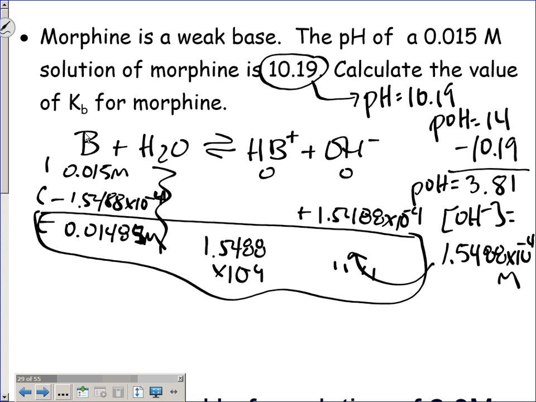Okay, so when you were given your pH for this instance, it wasn't really all that helpful because we needed the hydroxide concentration. So immediately go from pH to pOH and then solve for hydroxide. Once it says that is the pH at equilibrium, that may have been the only point where you're like, all right, I got OH, but what is that? Is it I, is it C, or is it E? Well, once this is mixed with water, it has released a couple of hydroxides, so that is the equilibrium value for OH. That OH concentration, which equals the cation's ion concentration because of the 1-to-1 ratio, was the change as well, so you subtract. When you plug into Kb,